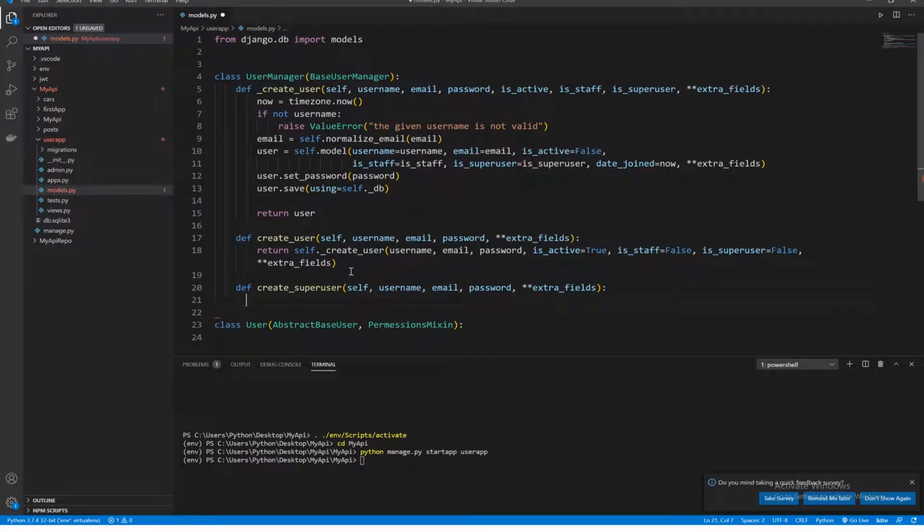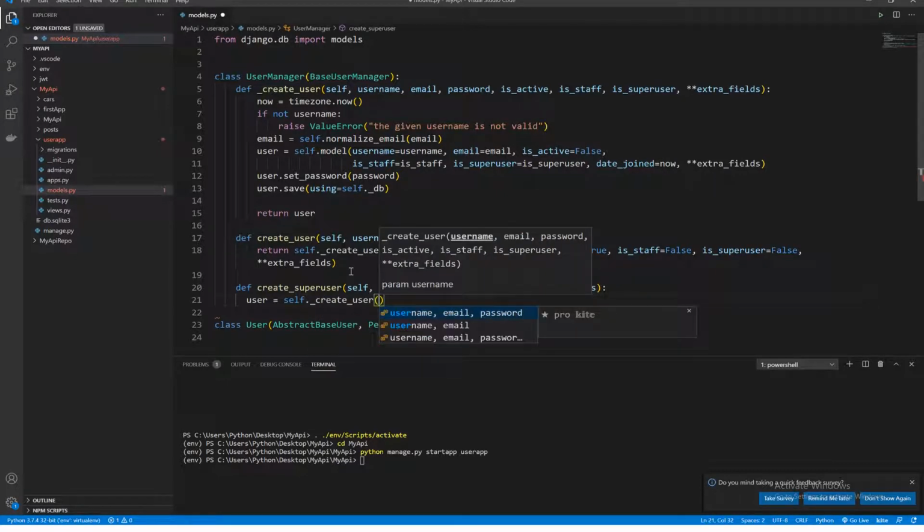And inside here we'll say user equals, we'll use the private method create_user